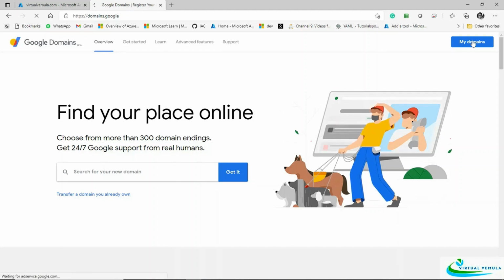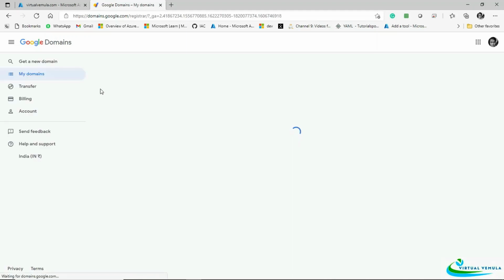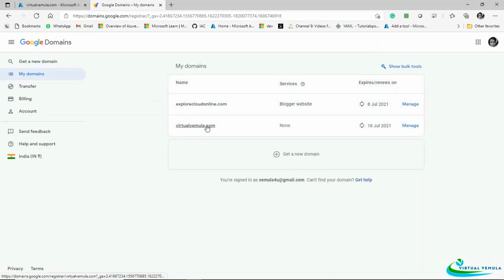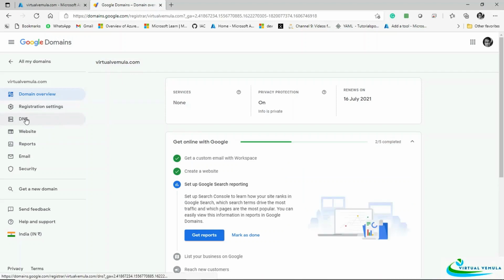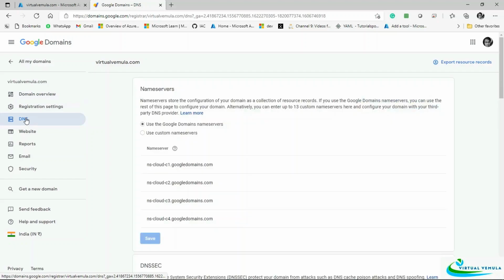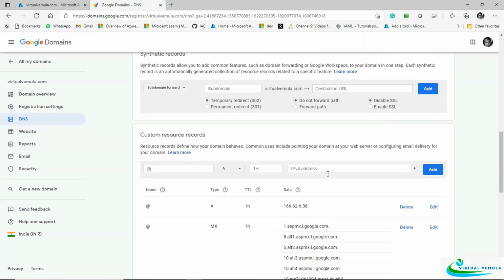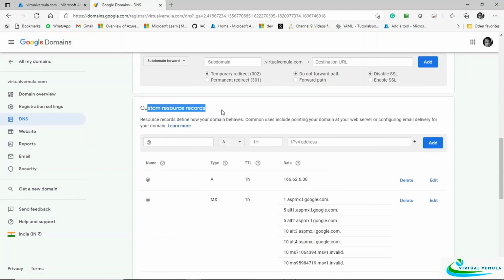So I'm going to go into my domains.google.com portal. I'll click on my domains and it will show the list of domains I have. As you see, I got two domains, but I am more interested in virtualvemula.com. If I select this, I am navigating to the DNS section of this domain. The DNS section here will allow you to create custom resource records of your own.